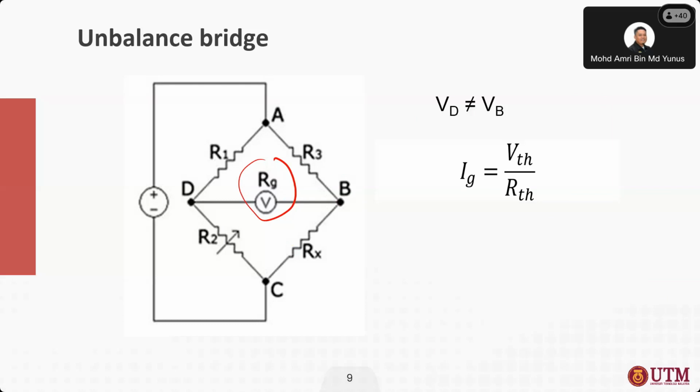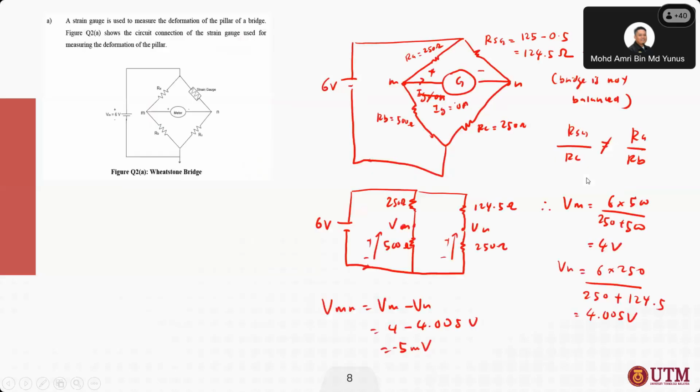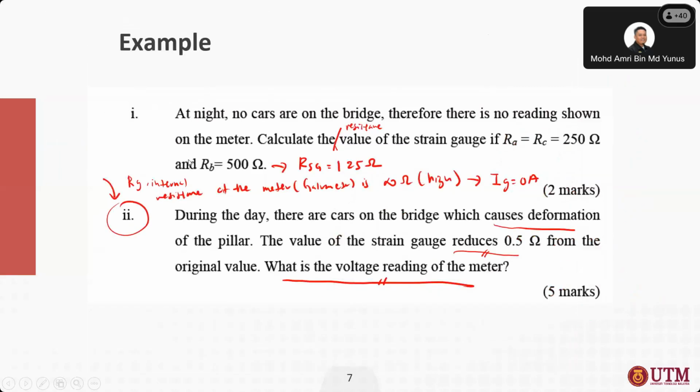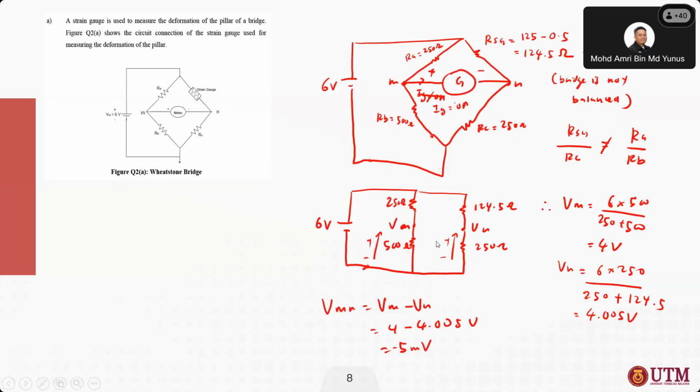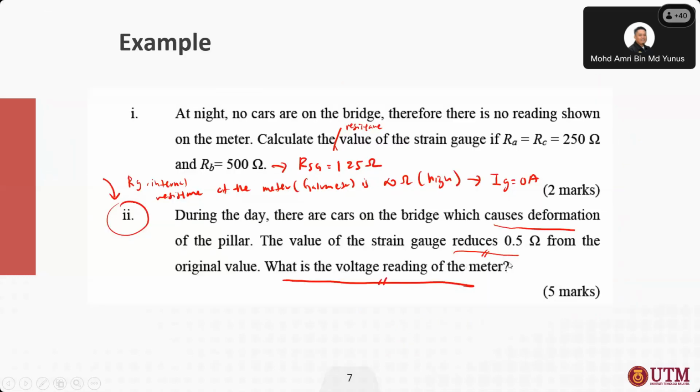So let's come back to this question, but this time we consider the internal resistance of the galvanometer or the voltmeter. Let's say for number 2, let's crop the